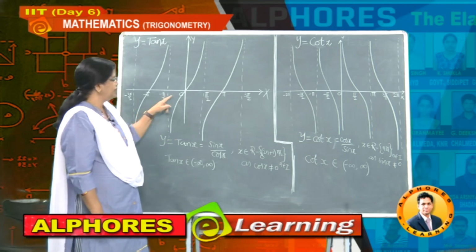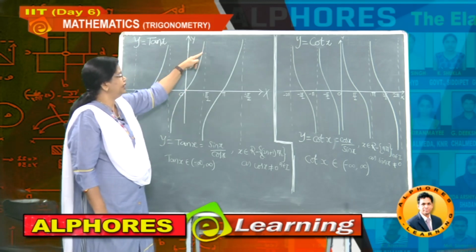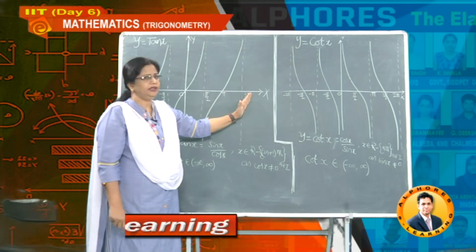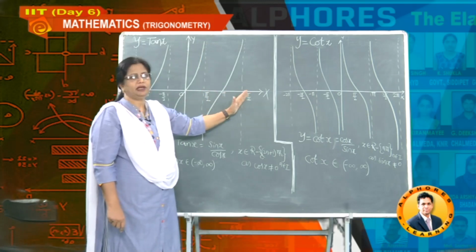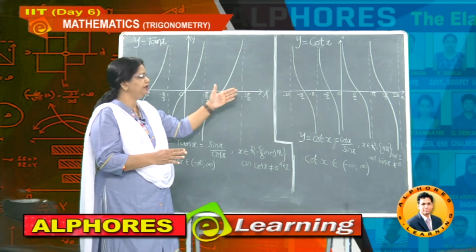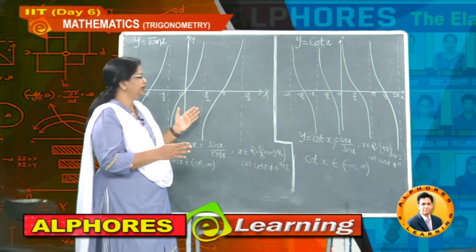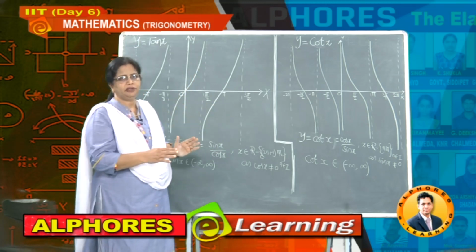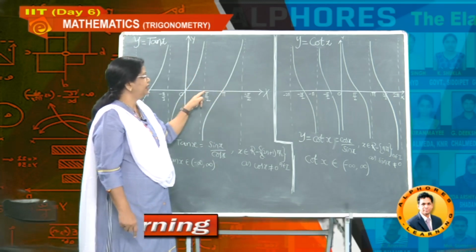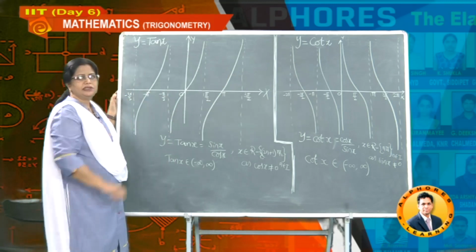So now here, from minus 90 to 90, we got these values. So this is one curve in this way. Again you observe pi by 2 to 3 pi by 2, between two vertical lines. Always the graph is between the two vertical lines. In previous also, secant x and cosecant x, the curve is always coming between the two vertical lines. So here also, between the two vertical lines this is the curve. Again between these two vertical lines this is the curve.